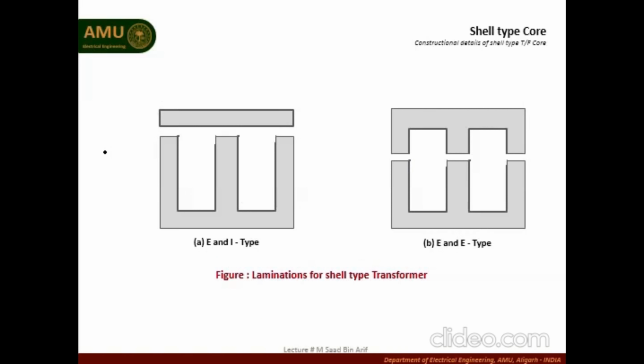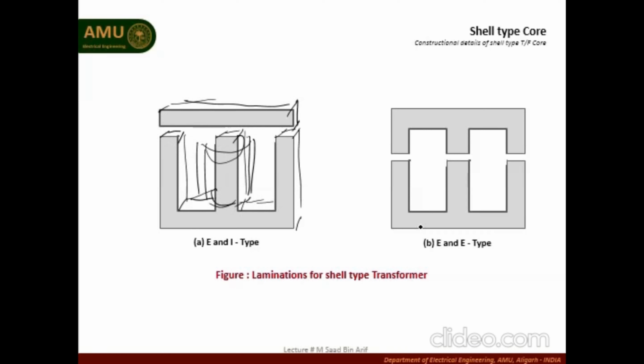So in E structure, we place a large number of laminations together and form a solid structure like this, and we place the winding in the central limb, primary winding and secondary winding, and close the structure by placing I type of